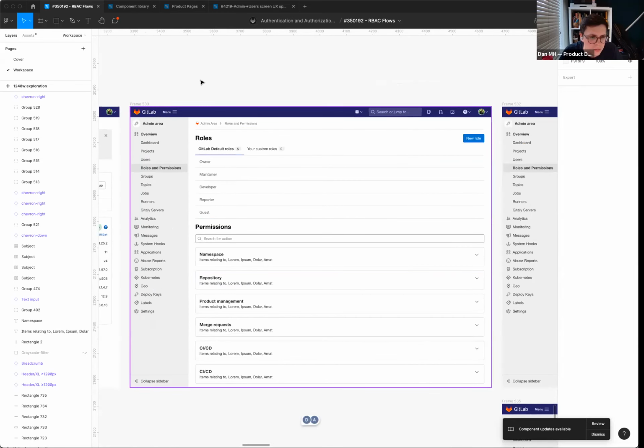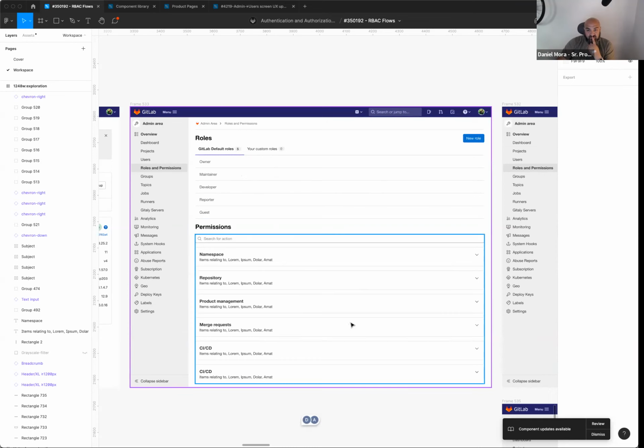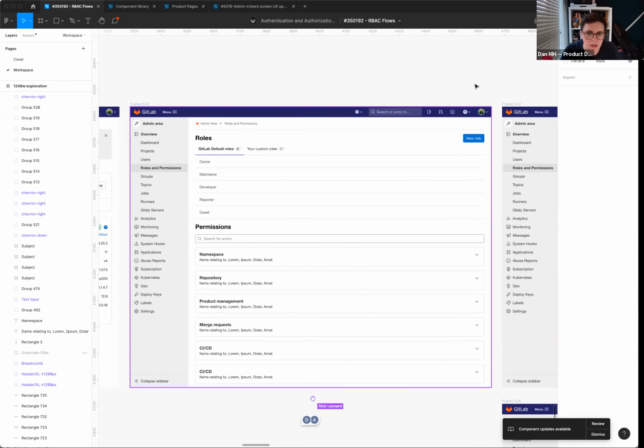I think I missed this, but you might have said it at the start. What do people use this page to see or do? This page doesn't exist yet, but what they would do is come here to create a new custom role with custom permissions. And this custom roles is something that's new, is it? Yeah. So new,